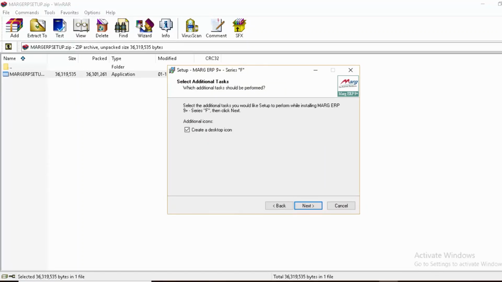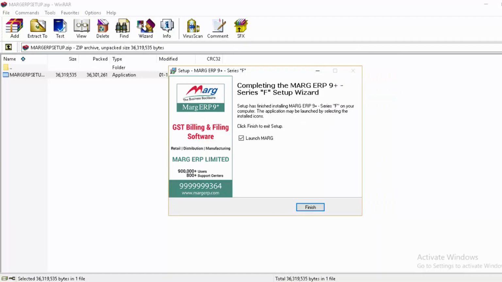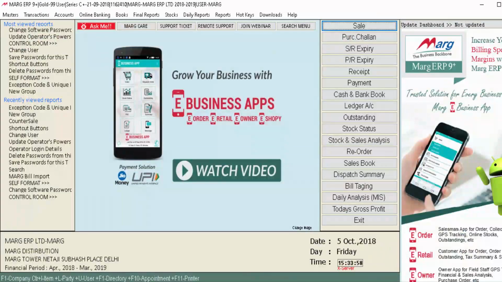So you will see there is already a tick on this checkbox. Means if you want an icon of Marg in your desktop, then you will keep this tick on this checkbox, otherwise you can untick it. So we will let this tick remain on this checkbox and click on Next, then click on Install, then click on Finish. So you can see here Marg ERP 9 Plus software has been installed. So friends, in this way we have learned